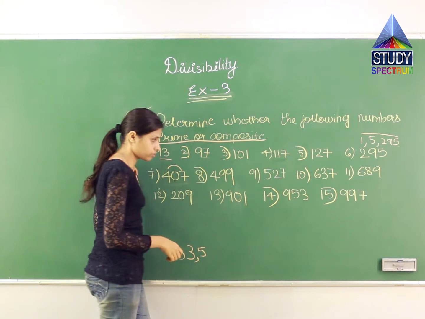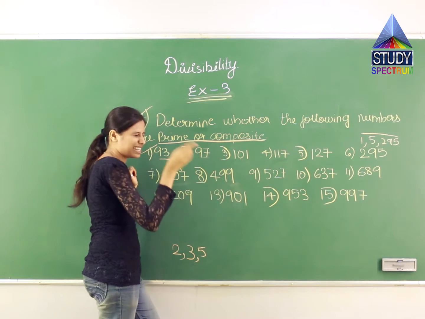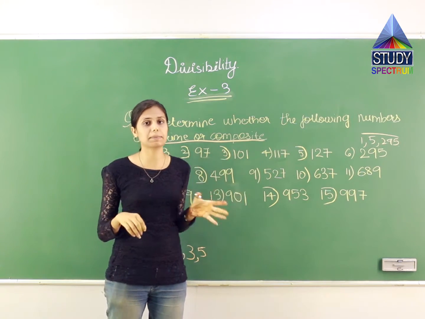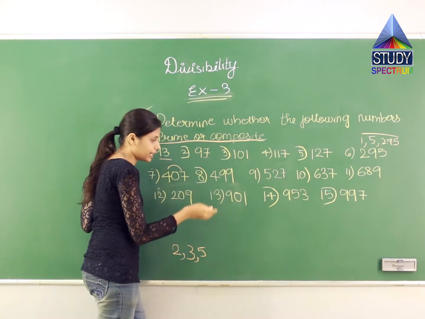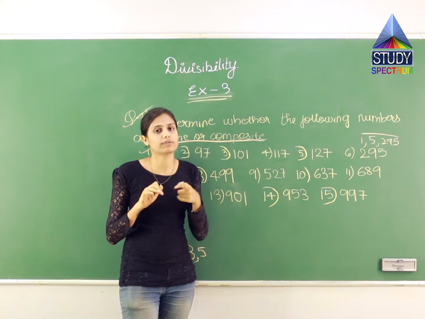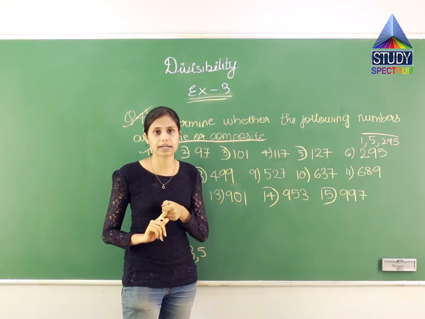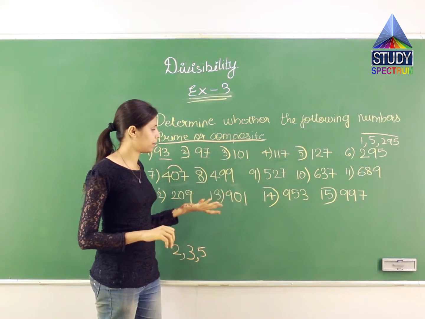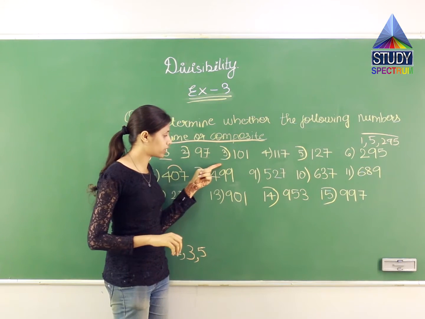Then 8. See, 9 plus 9. 9 जैसे ही मैं देखूँगी ना, when I see 3, 9, my mind says that try the divisibility by 3 and 9. So first I will add this number, that is 9 plus 9, 18, 19, 20, 21, 22. 22 does not come in the table of 3. It also does not come in the table of 9. So then 9 and 3 के टेबल में नहीं आता, 5 के टेबल में don't come, 2 के टेबल में नहीं आएगा, 7 stable, 7 7s are 49.